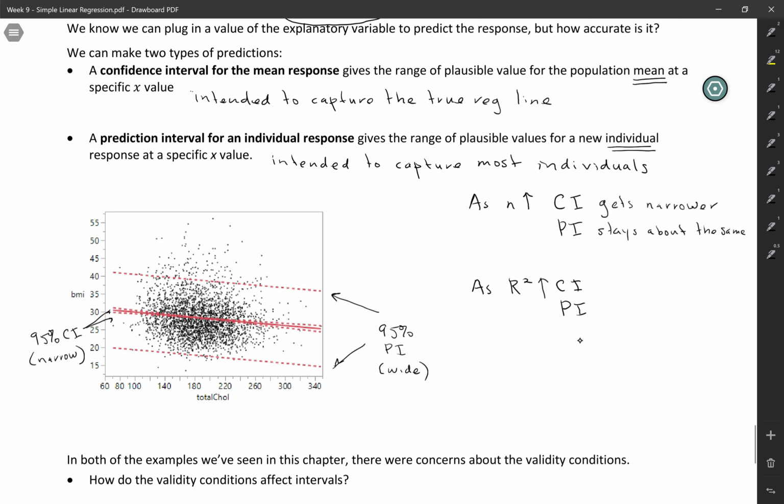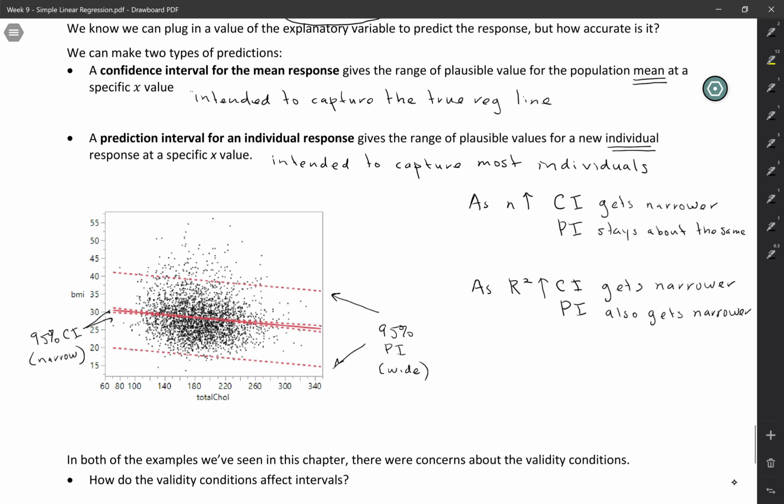So as your R squared increases, the points get closer to the line, and it's easier to make predictions when you have less variability, right? So our confidence interval is going to get narrower as r squared gets larger. This time though, the prediction interval also gets narrower. And the reason is because now our individuals are getting closer to the line, right? We have less variability around the line, and so we can have a smaller prediction interval and still capture 95%